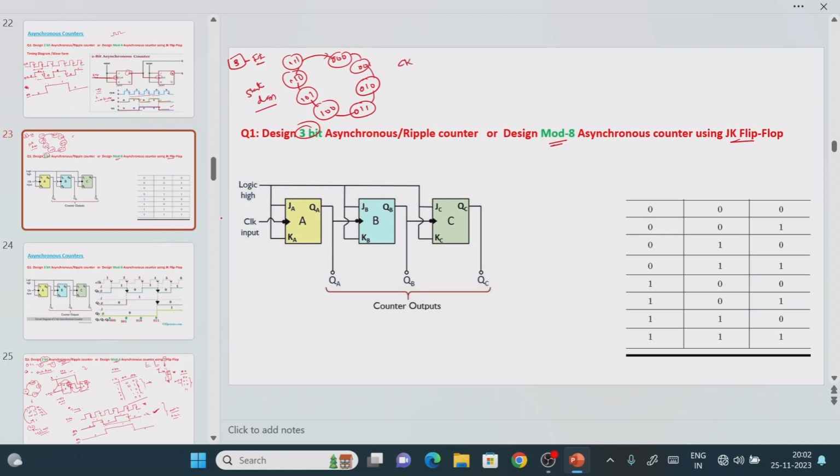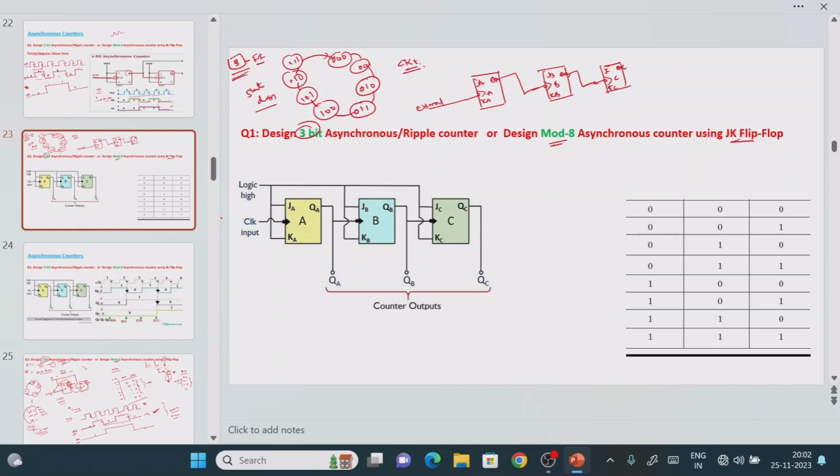Once it is done, what do we need to draw? We need to draw the circuit diagram representation, right? How many flip-flops are required? 3 JK flip-flops, right? So 1, then 2, then one more is the 3. This is for understanding A, B, C. These are what we call the JK inputs. Output is QA, then JB, KB, output is QB, JC, KC, output is QC, right? Each flip-flop will have a clock pulse. Asynchronous means the first flip-flop will be triggered by the external clock pulse, and all the remaining flip-flops are triggered by the output of the previous flip-flop, right?